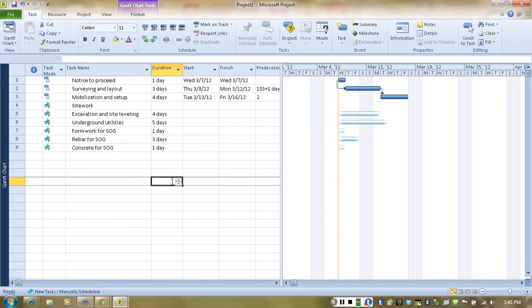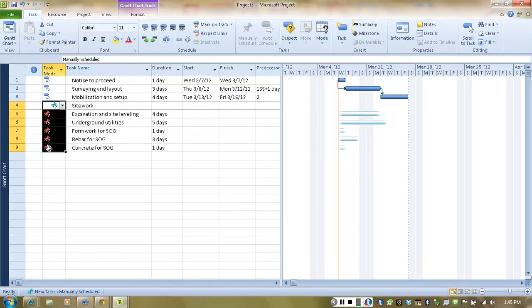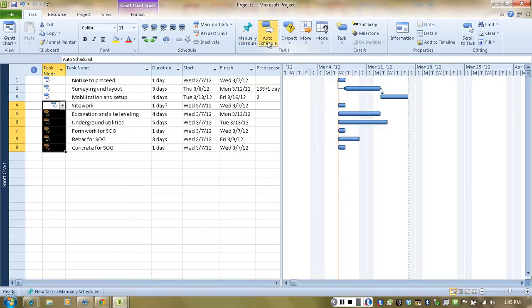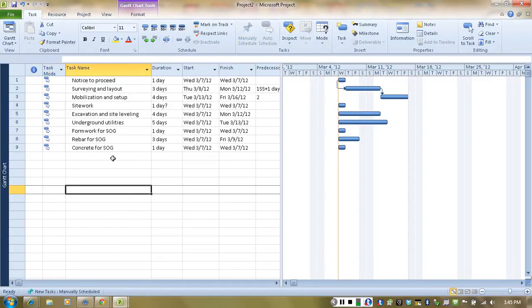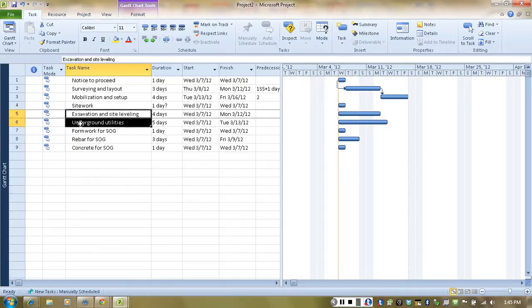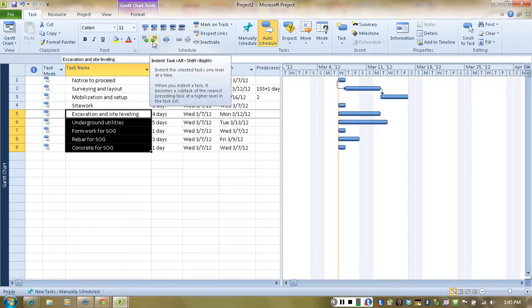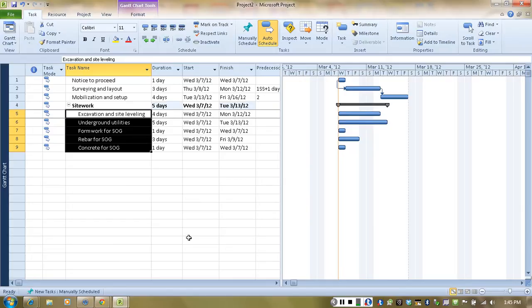So what we have done so far, we have added a series of activities. What I want to do is change this task mode into auto schedule instead of manually schedule. That's the other option where I can enter dates manually. And then I'm going to select all of these activities here, and I'm going to indent them, as all of these activities are parts of the site work. So I'm going to indent by clicking on this button, and now it has calculated